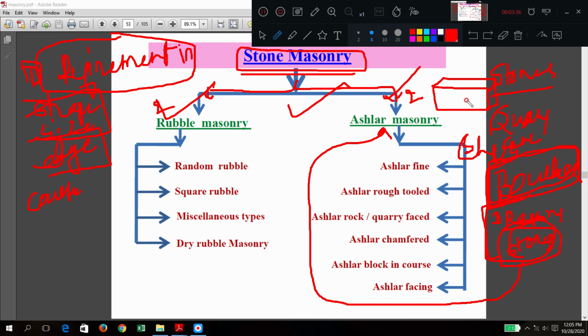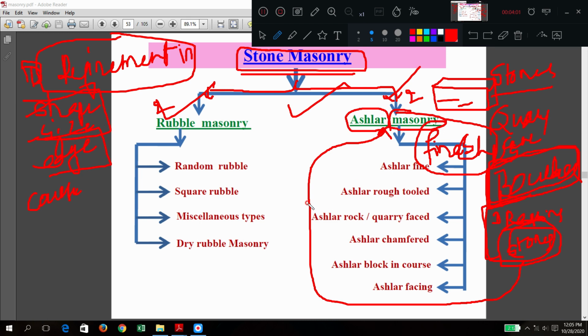Like that, very fine refinement is made. Do you remember this word? If very fine refinement is made in the shape and size, those are called ashlar stones, and construction using ashlar stones is called ashlar masonry.